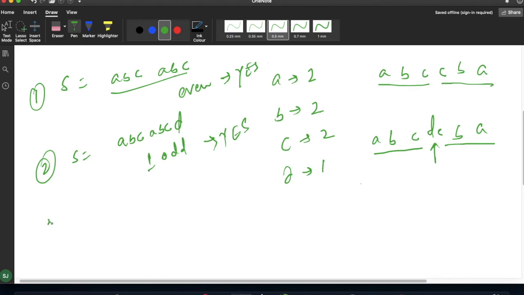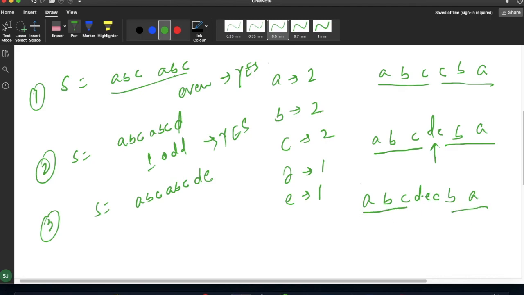Now one scenario will be more than one odd. Suppose I am taking two odd, like A, B, C, D and E. So the occurrence of A is 2, B 2, C 2, and D is 1, and E is 1. If I arrange this like A, B, C, D, E, C, B, A, you can see from the left side I am getting ABC, from the right side I am getting ABC, but in the middle I have D and E. So we won't be able to make it a palindrome.